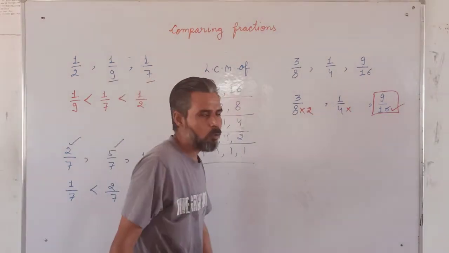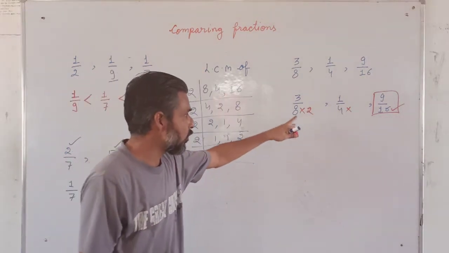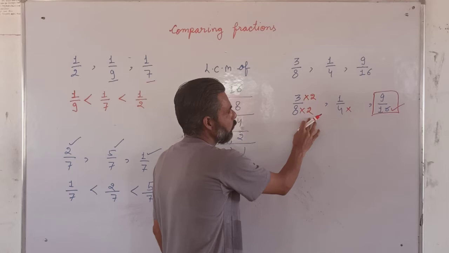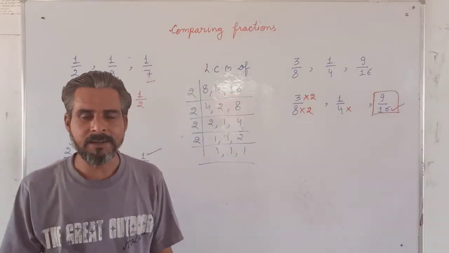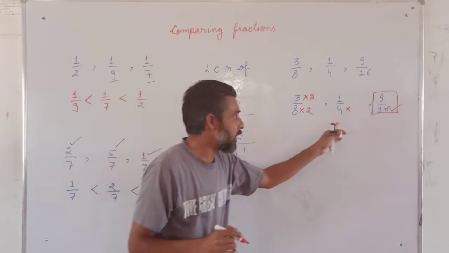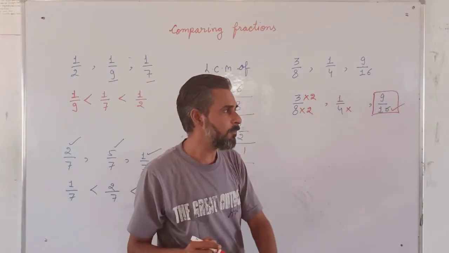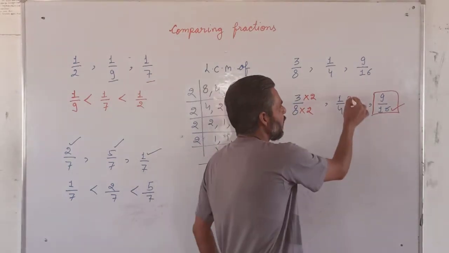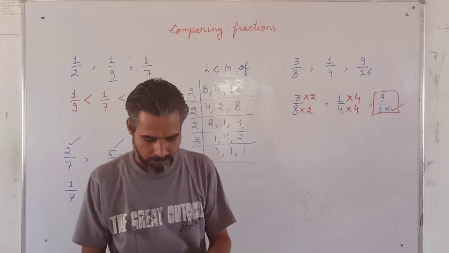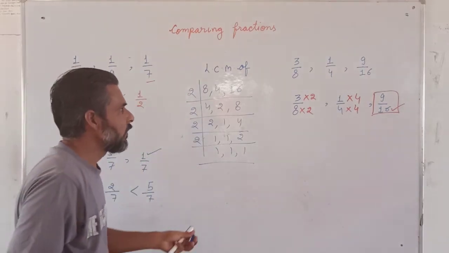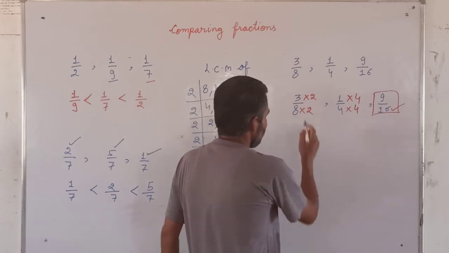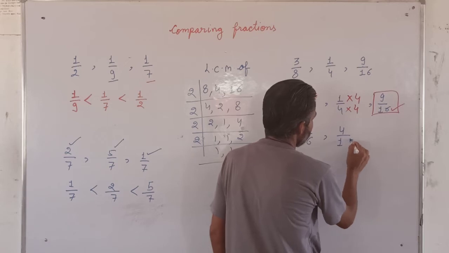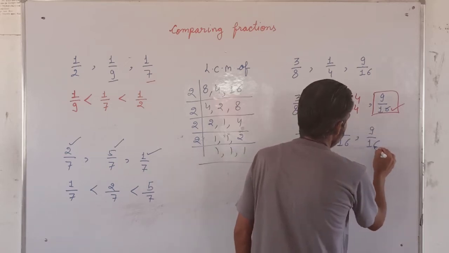As I told you previously, जिस नंबर से हम डिनोमिनेटर में मल्टीप्लाई करेंगे, सेम नंबर से हमें न्यूमरेटर में भी मल्टीप्लाई करना पड़ेगा। यहाँ पे 2 से किया तो यहाँ पे भी 2 से किया, to make the equivalent fraction. यहाँ पे हमें 4 से 16 बनाना है, 4 4 जा 16, 4 से हमने डिनोमिनेटर को मल्टीप्लाई किया, 4 से हमें न्यूमरेटर को मल्टीप्लाई करना पड़ेगा। Now we got the equivalent fractions of 3/8 and 1/4. So 3 2 जा 6, 8 2 जा 16, 4 1 जा 4, 4 4 जा 16 and 9/16.